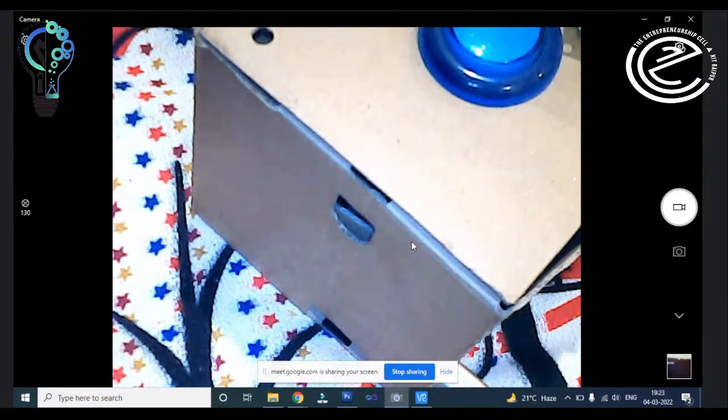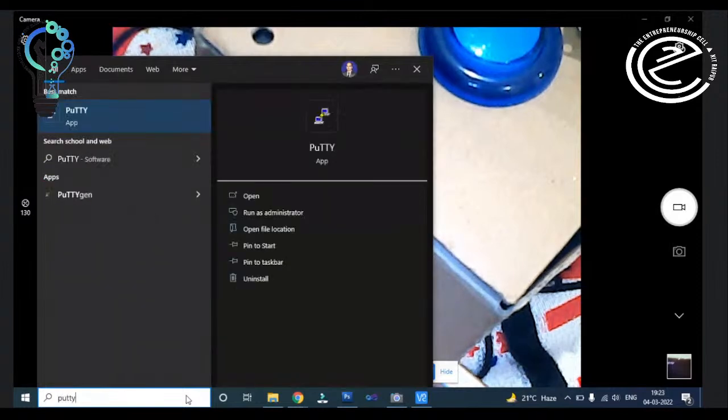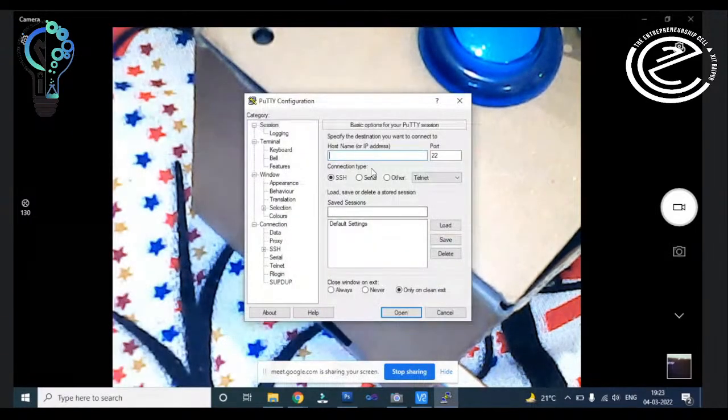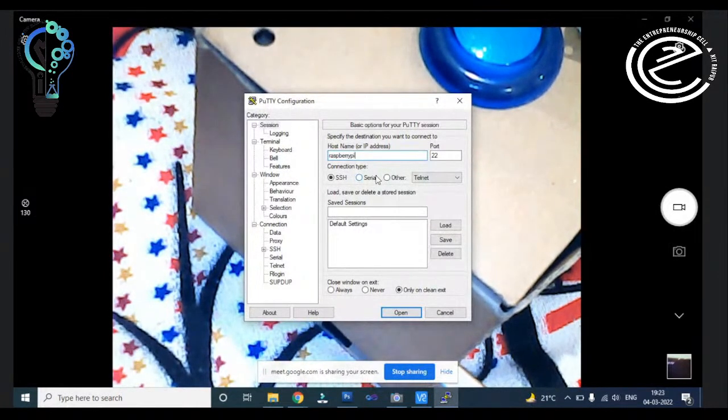Wait for 5 to 10 seconds to reboot this board and it will flash the green light. Then you can open the putty and again you can pass the raspberrypi.local.